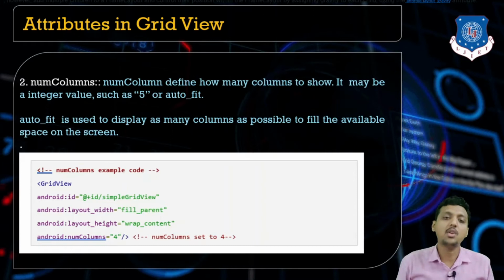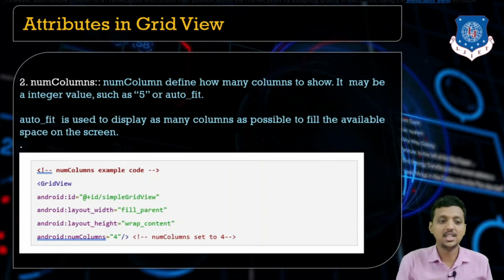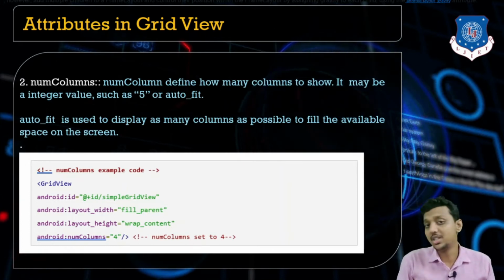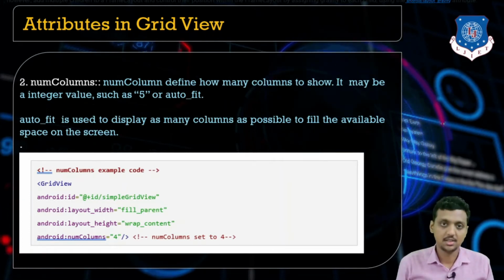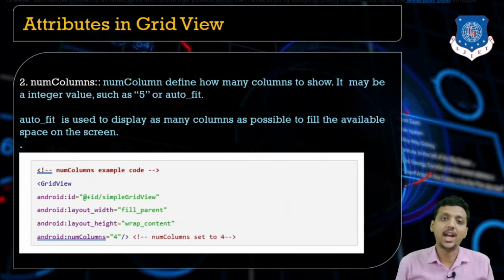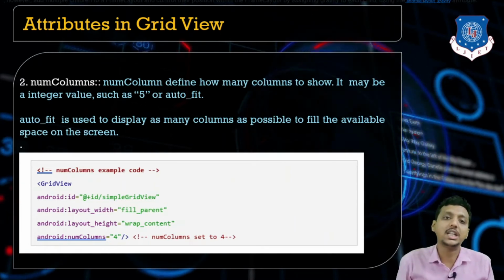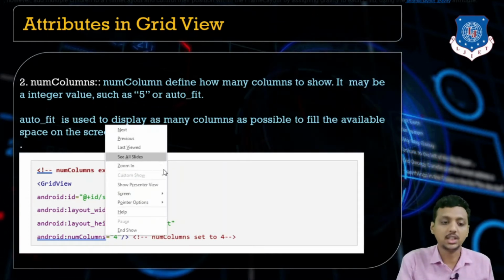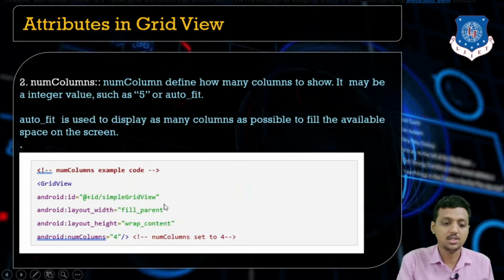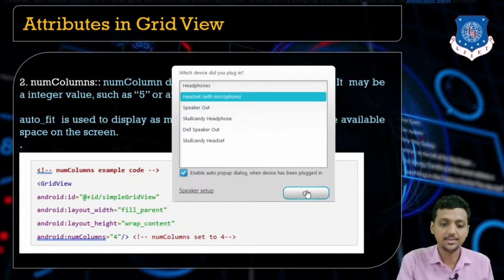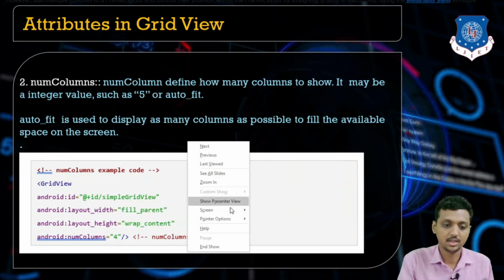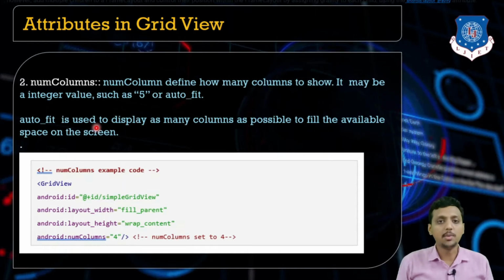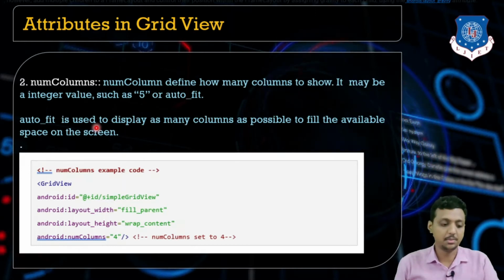Now, let's talk about the other attributes of the grid view. See, what is the very important attribute of the grid view? Students, that is number of columns, because you need to specify how many columns you want in your grid view. So here, students, when we talk about the number of columns,